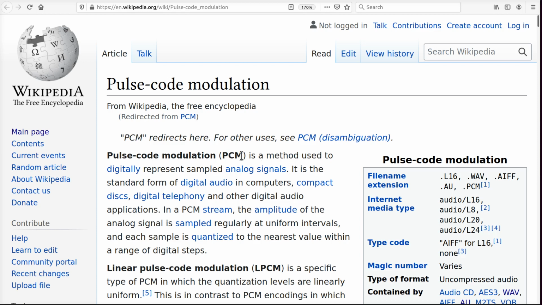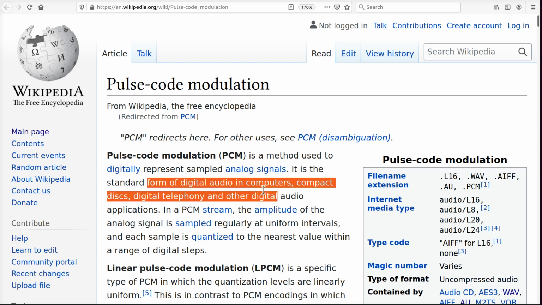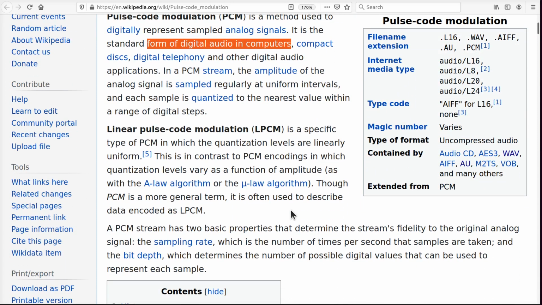So, as they say, this is a method that we use to digitally represent analog signals. This is the heart of digital audio. It's how compact discs work, digital telephony, and all the sound files ultimately on your PCs and phones. Now, linear pulse code modulation is a subset of the more general pulse code modulation, in that what we're